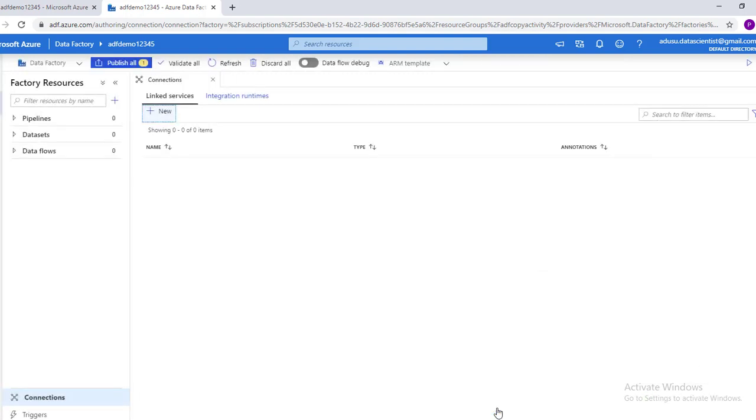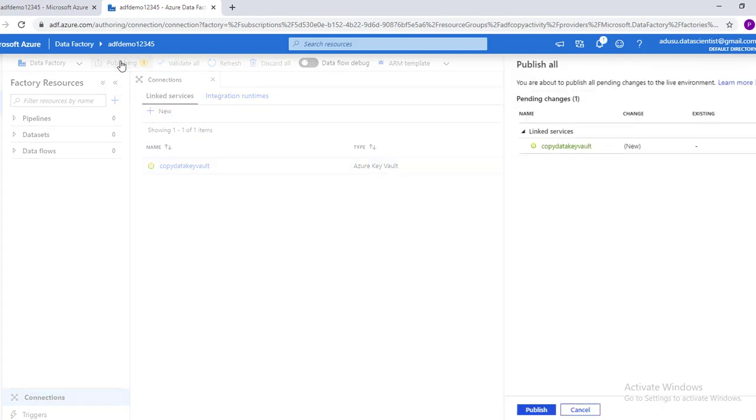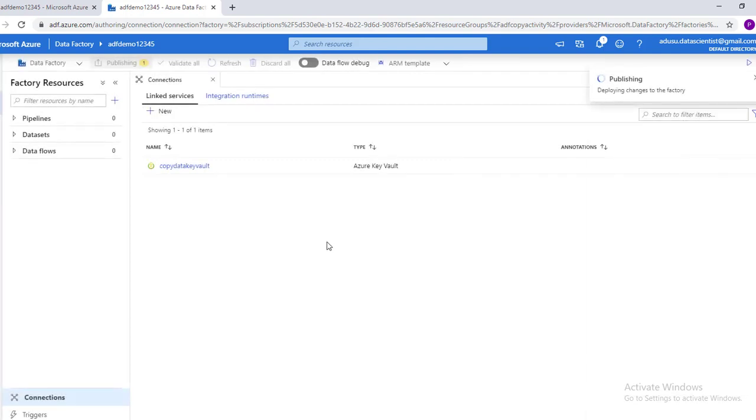So this is successful. Now we have created a linked service for Key Vault. We'll publish it. It's always a good practice to publish this linked service. Let's see if yes, it is done.